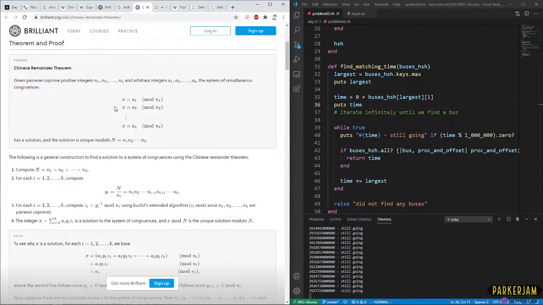For each i as a series from 1 up to k, compute yi, which is big N, so the product of all of the bus times. You'll pop big N in a few formulas. Okay, that's good to know.